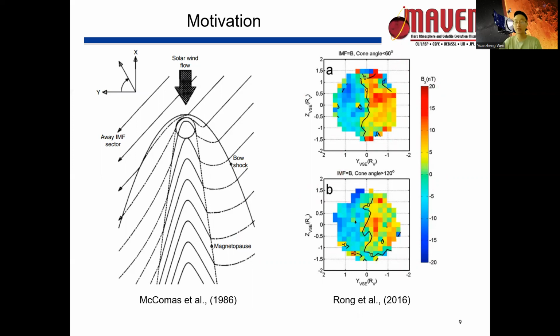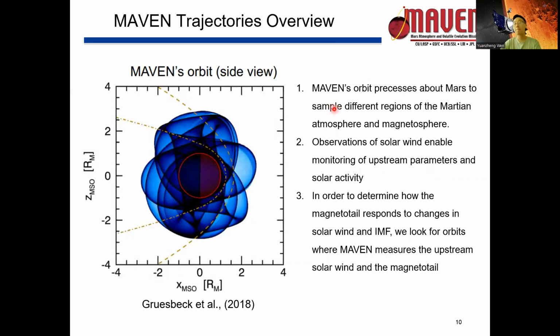So today we changed the object of study by looking at Mars, to study whether the IMF flow aligning component can influence the magnetotail of Mars. So we can know the influences of IMF on unmagnetized solar system bodies. We use the data from MAVEN because MAVEN can sample different regions of the Martian atmosphere and the magnetosphere,